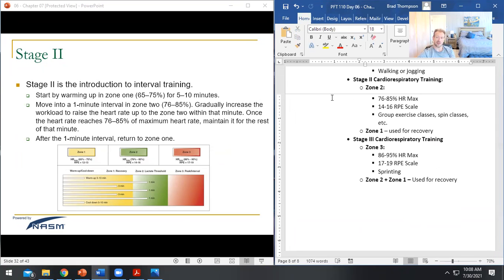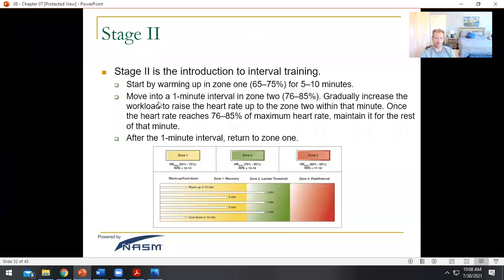So this is where we incorporate that interval training, right? We might start by warming up below zone 1, just getting the blood pumping a little bit. And then we take ourselves up just above the lactate threshold. This is where you are producing more lactic acid than your body can process. So there's a little bit of lactic acid left over,